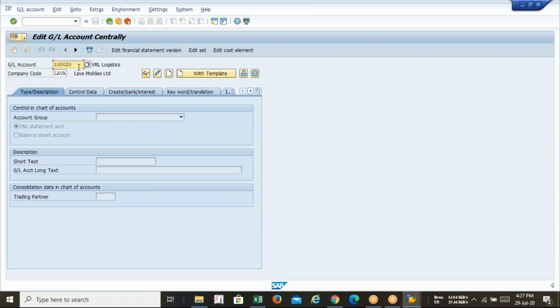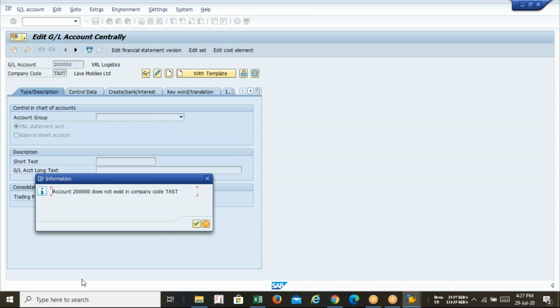Okay. Now here, select the GL account 2 lakh. Change your company code. Tell me your company code. TST. Yes, sir. And click on this Edit option. Okay. Whenever you will be clicking,